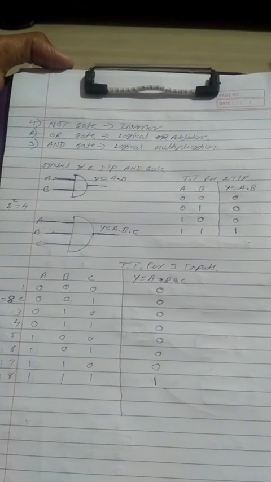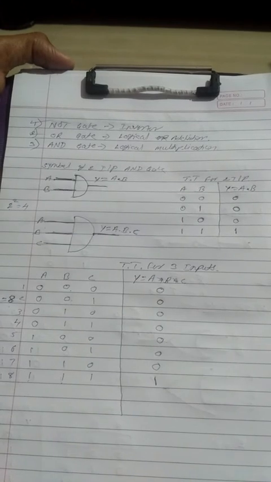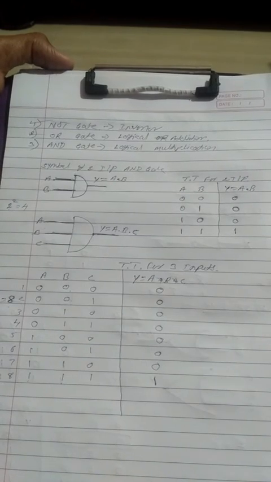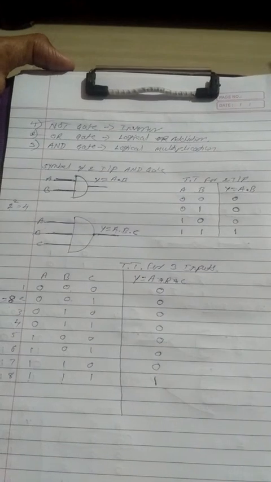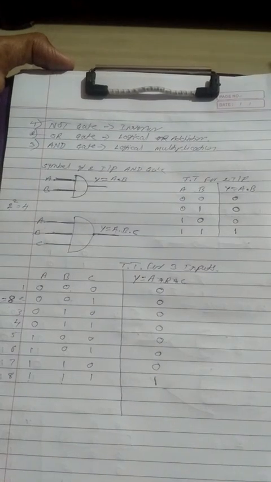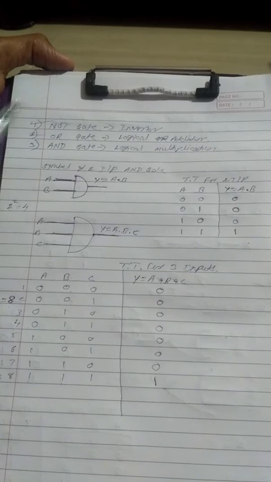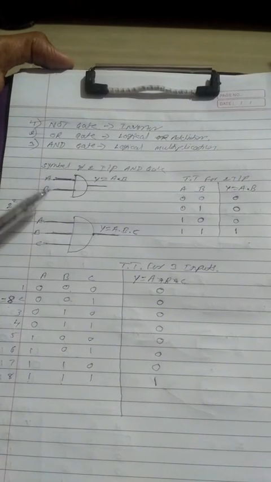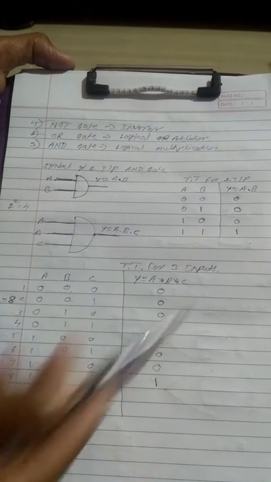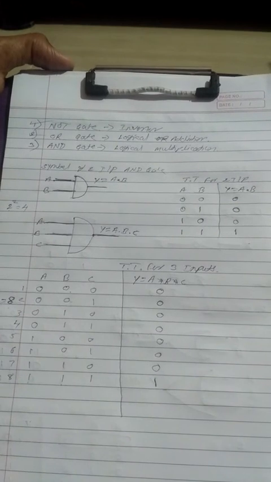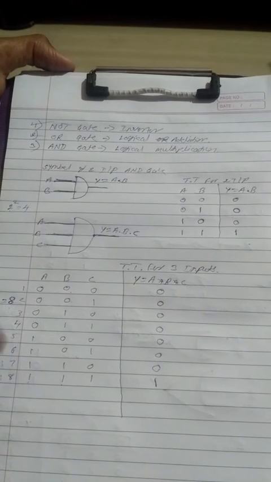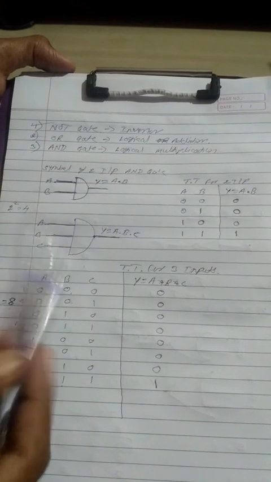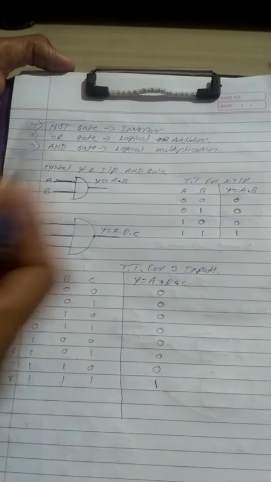In the annual examination, from this chapter, they will ask 2 questions. One is for 1 mark and the other is for 3 marks. A 1 mark question may be like: definition of the gates, symbol of the gates, or truth table of the gates. They may ask on the NOT gate, OR gate or AND gate. Write the symbol for 2 inputs OR gate. Write the symbol for 2 inputs AND gate. Write the symbol for NOT gate.